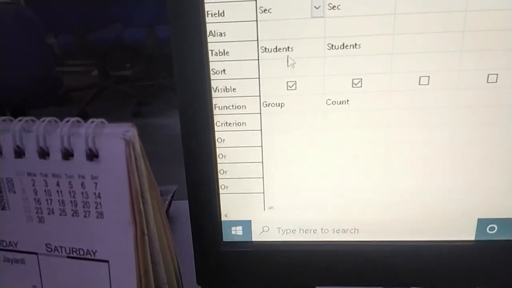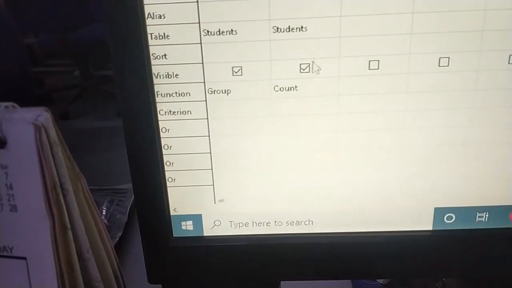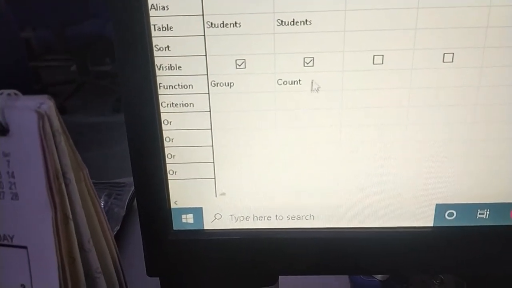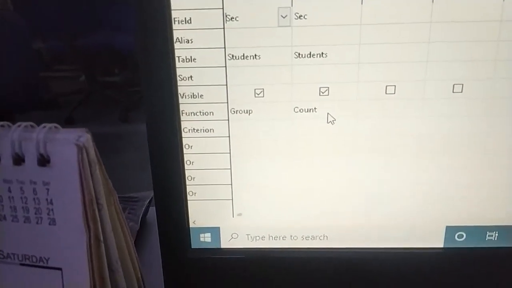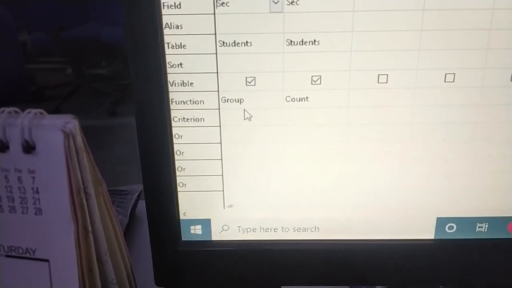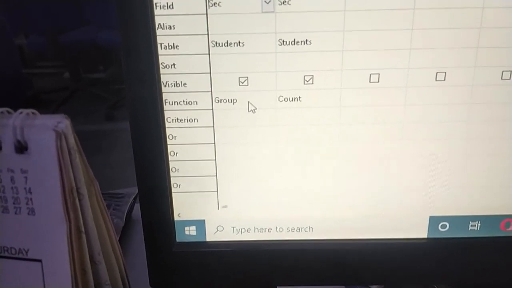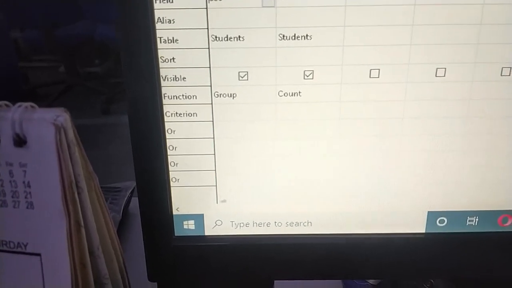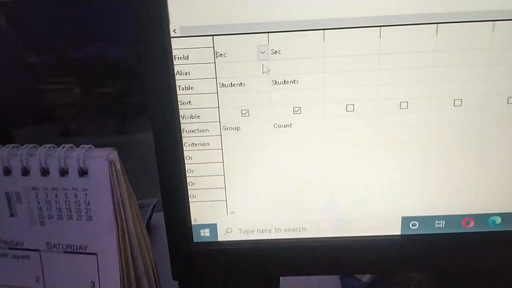And under the first section, I have taken function group. And under the second section column, I have taken the function that will help me get the output on the basis of that group. So count is a function which simply counts the number of occurrences of a particular section, and it will show me the section wise. So A2, B3 and C2, that is the answer. So 2 columns I have selected and I used the group by function. So this is the aggregate function.